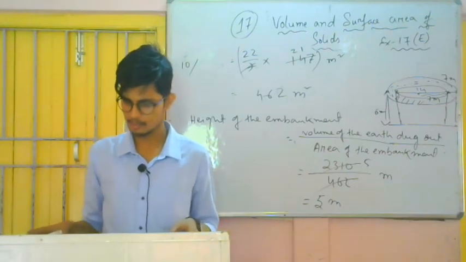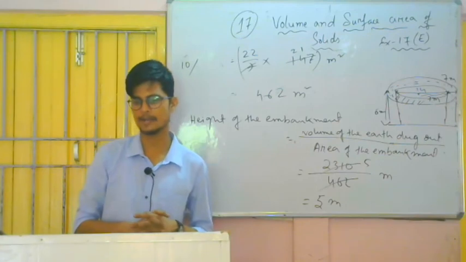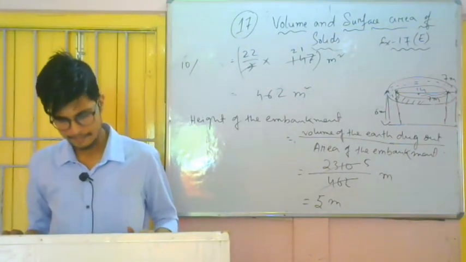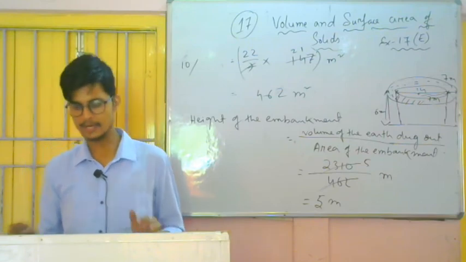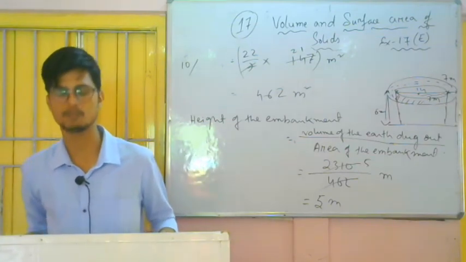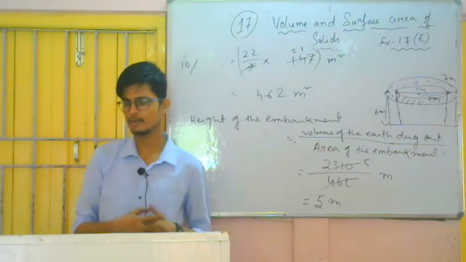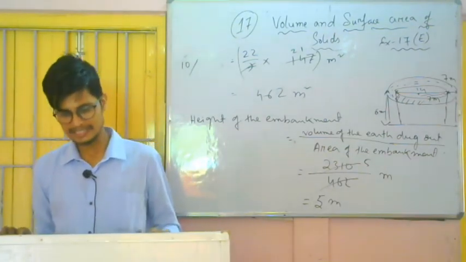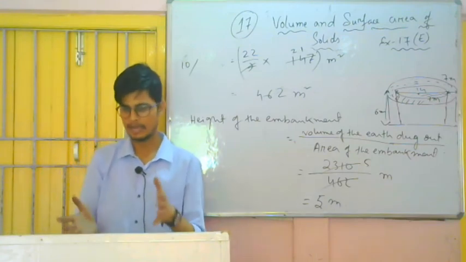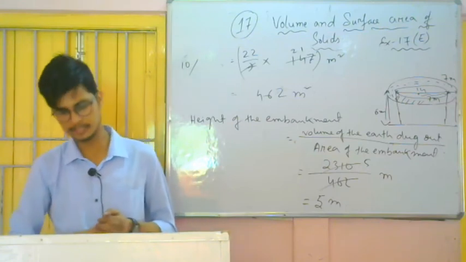So now the last question of this exercise. The rain falls 10 centimeter on a particular day. The rainwater that falls on the roof, which is 7 meter long and 44 meter wide, was collected in a cylindrical tank of radius 14 meter. So the dimensions of the roof are given, length 7 meter and width 44, and the water falling on the roof was collected in a cylindrical tank of radius 14 meters.